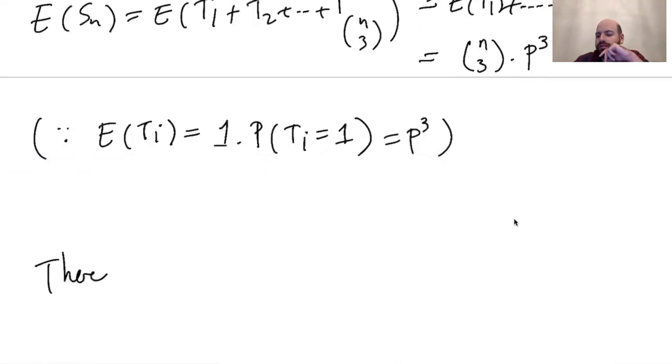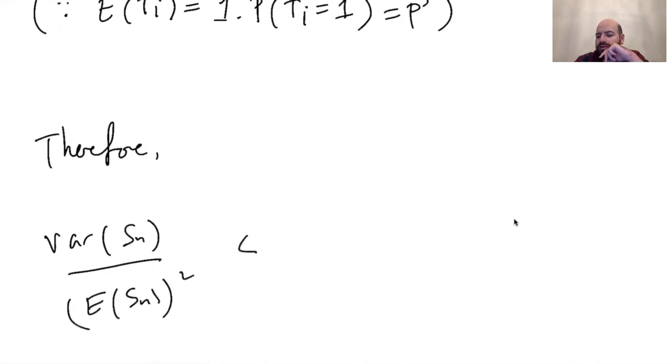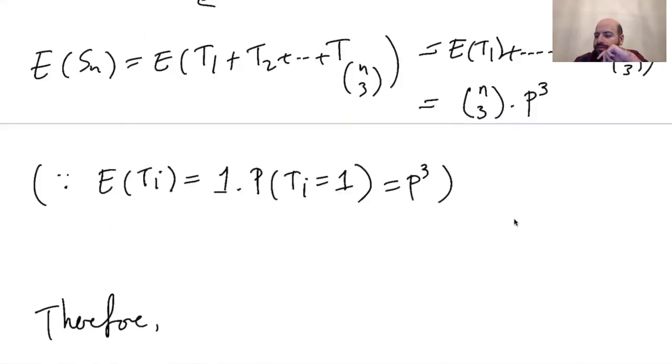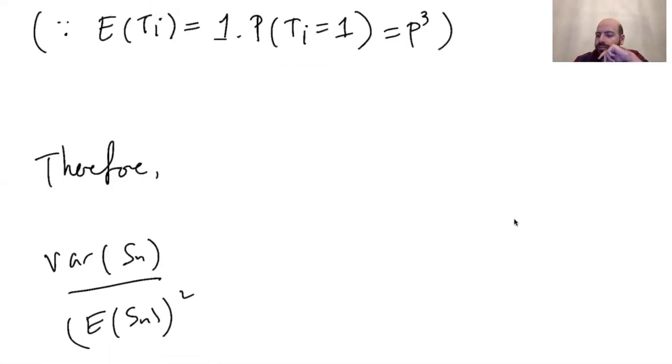And lastly, therefore, variance Sn divided by expected value Sn the whole square is, you can say, equal to big O of,